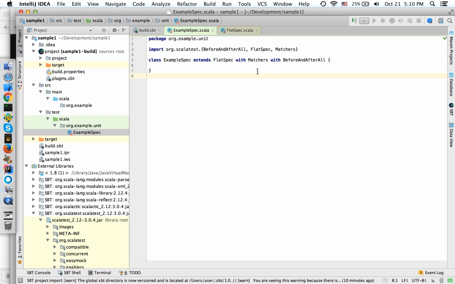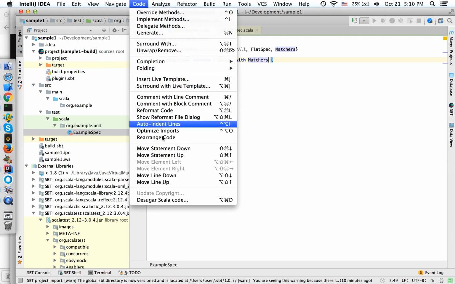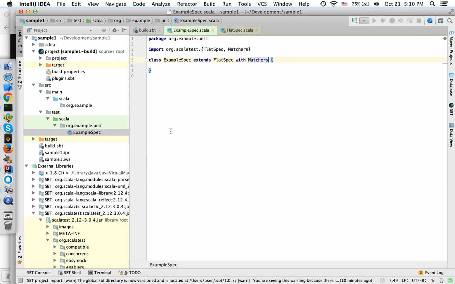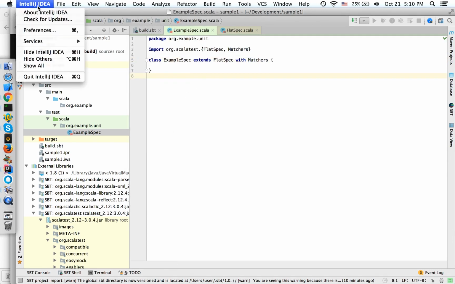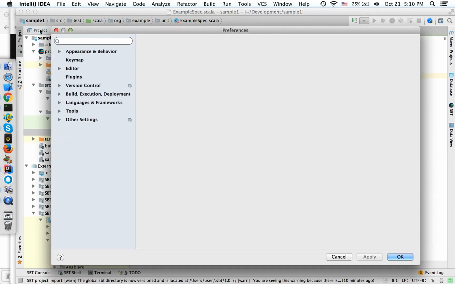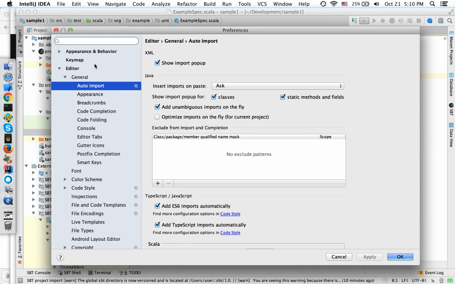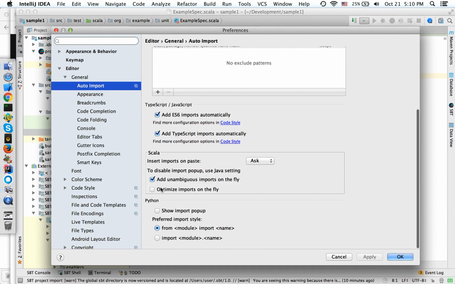Suppose now I delete this. You see, the import has become gray because it's unused, but this import is still there. You can go to the code and say optimize imports, and then it will automatically remove imports you are not using. If I go to that preference again and I check this optimize imports on the fly,